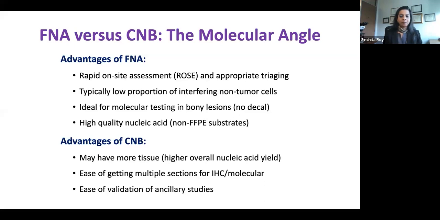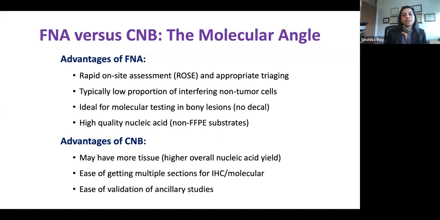The other advantage, in terms of metastatic tumors to bone, is that FNA specimens are not decalcified, right? We don't decalcify aspirations, so you don't have any of the artifacts that you get with decalcifying agents. The harsh acids that are used for decalcifying core biopsies are detrimental to any molecular test. And if we are able to use non-formalin fixed FNA specimens, your direct smears, your cytospins, liquid-based cytologies, they're not formalin fixed, and anything that's alcohol fixed tends to give better quality nucleic acid. So that's another added advantage.